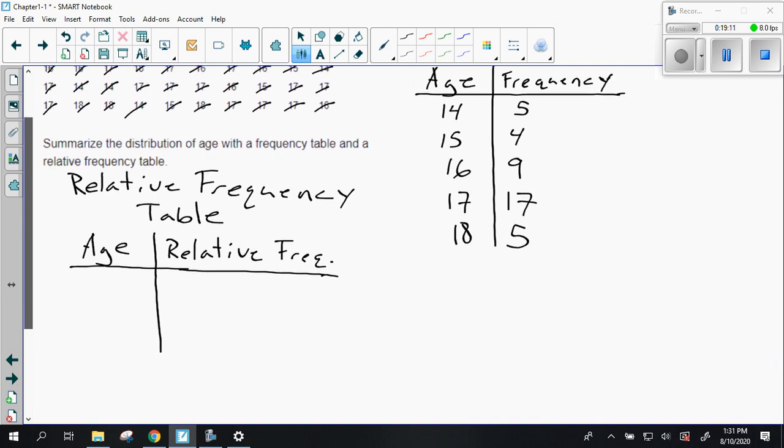The first thing I need to do is add up these values in my frequency table. They should add up to 40, since there are 40 students. Now I'm going to find what percentage of all the students, for instance, 14-year-olds make up. There are 5 14-year-olds. So what percentage of the total is that? How do I find that out? I divide 5 by 40, and that's going to give us a